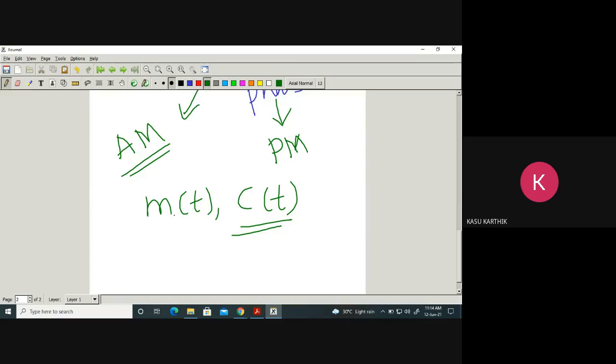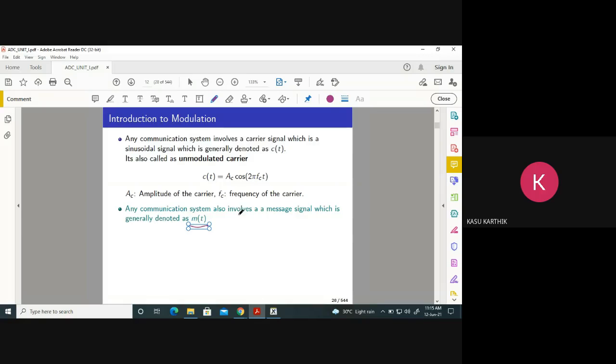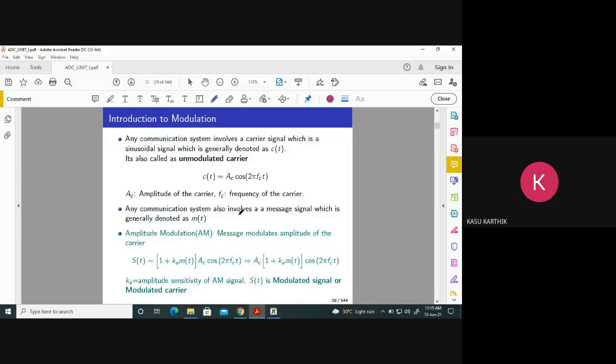So using this carrier, we are transmitting this message signal from one place to other place. Okay, by what process? By process called modulation. Modulation is a process which transmits a message signal by using carrier to the other place. Okay, so there are so many types of this modulation. We'll discuss one by one. Correct? So next, yeah, we are studying amplitude modulation. Okay, that is very important. What we are studying? We are studying amplitude modulation, AM.